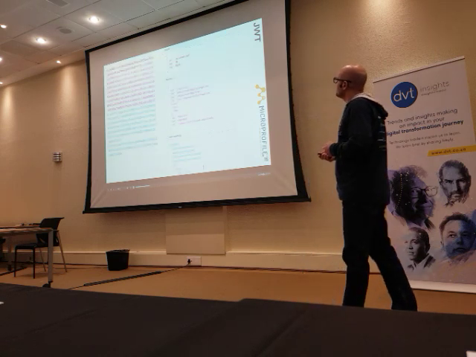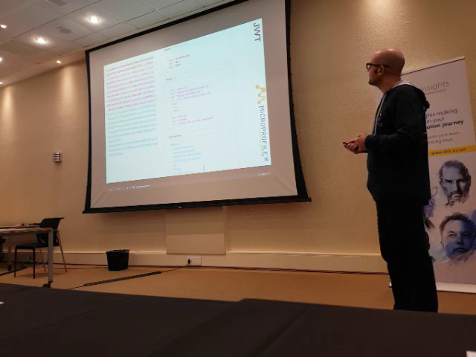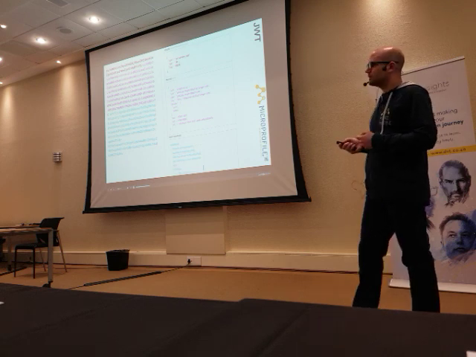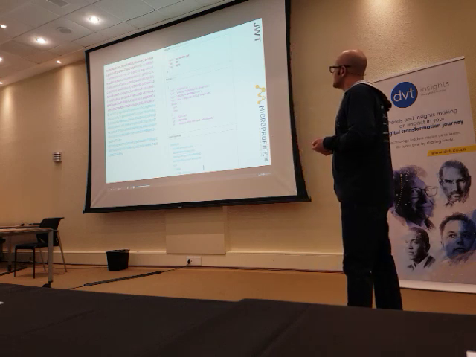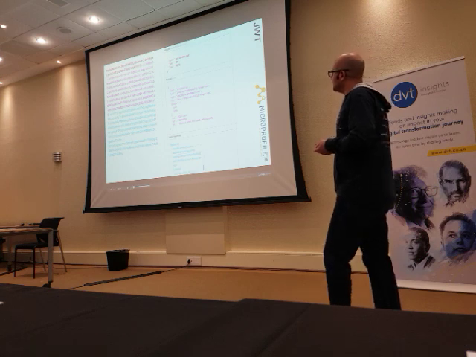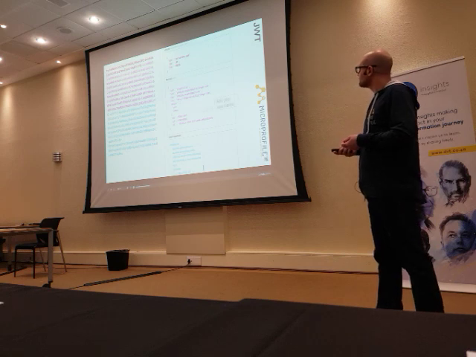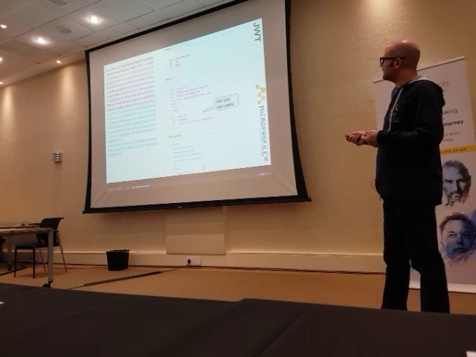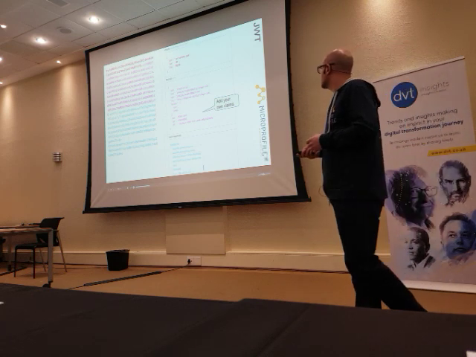So if you look at a JWT token, it's made up of 3 parts. The header part that basically just declares the type of token and what algorithm has been used, and then the payload, which is really what we're interested in. The groups are in there, my username is in there, and then the signature itself. This is standard JWT, but you can also add your own claims if you want to pass information along.